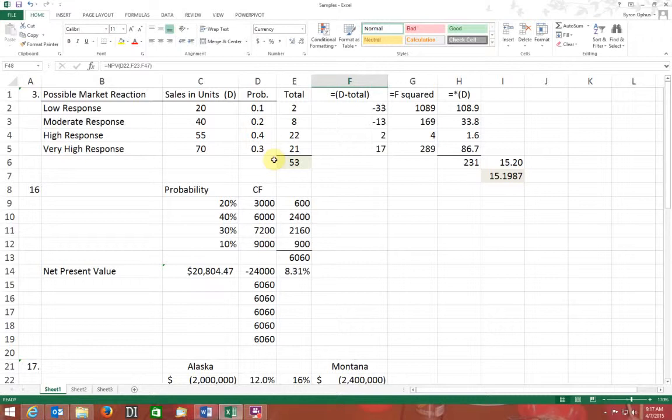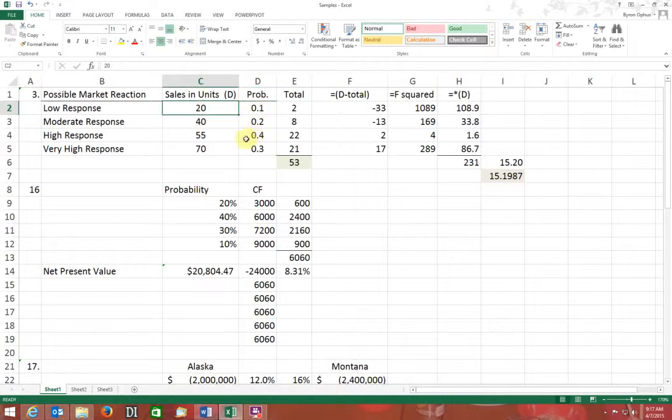What's the expected value of unit sales for the new product, and B, what's the standard deviation of unit sales. So it's asking us to calculate two things. First, the expected value of unit sales. Okay, based on these sales and our projections of sales, and our projections also of the probability of those occurring,